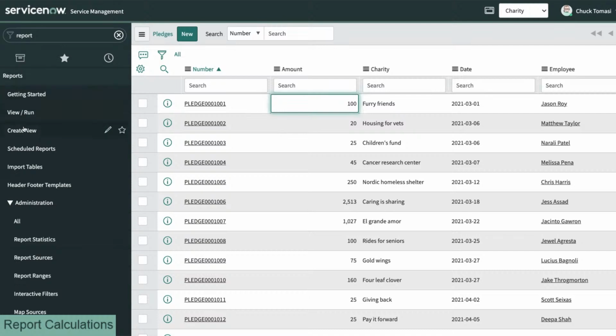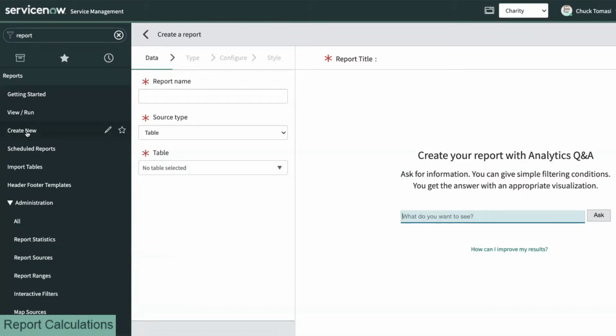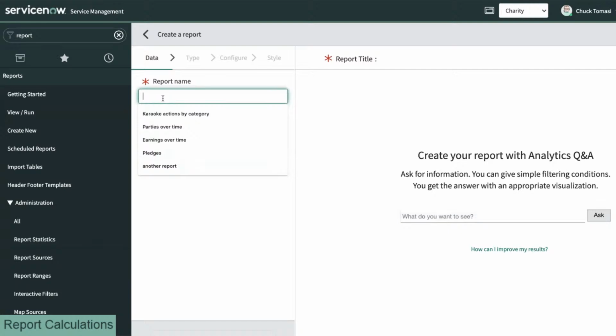over here to Reports, Create New. If you've gone through a basic sysadmin course, this should look pretty familiar. And let's call this